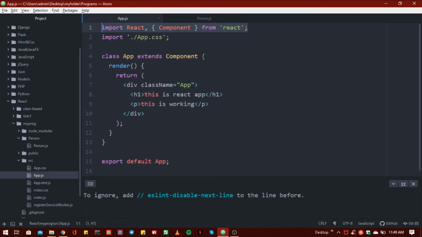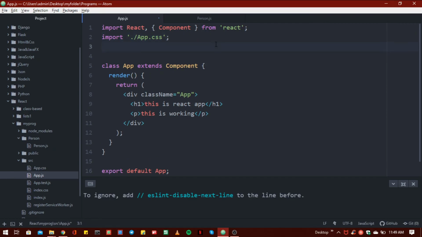Now save this and add here import person. This name is up to you, and this is from our person module.